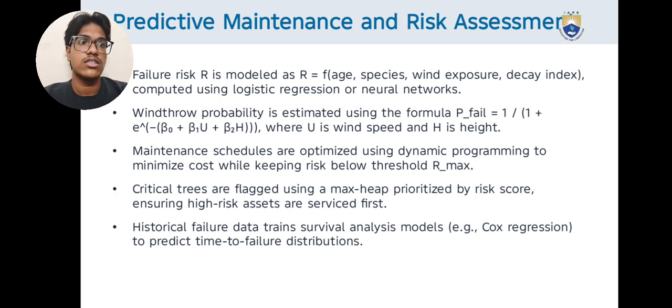Predictive maintenance and risk assessment. Failure risk R is modeled as R_F equals H